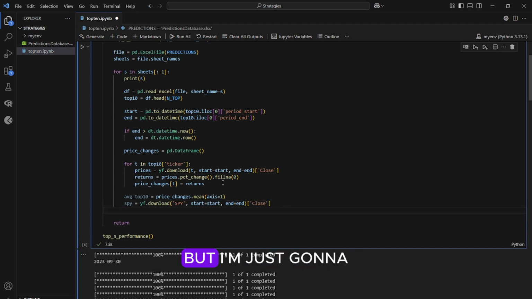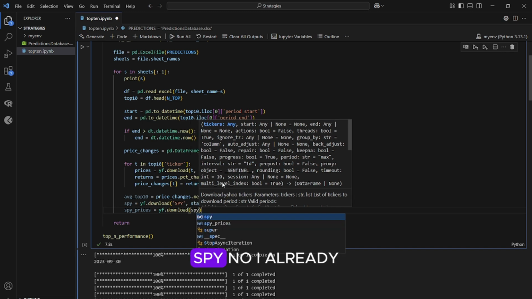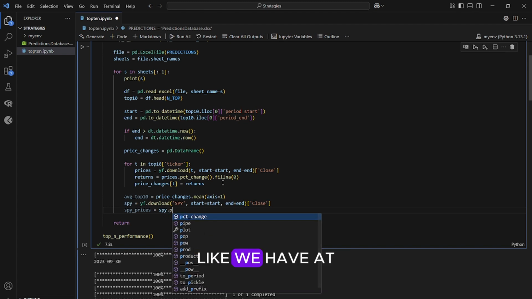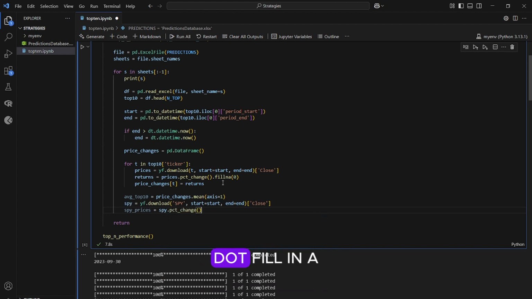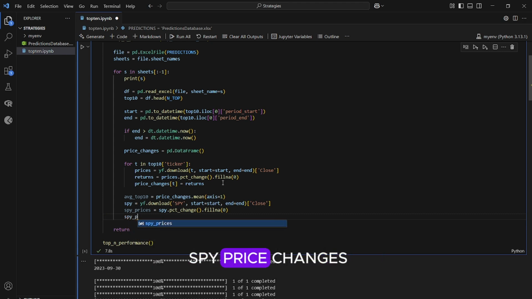I could almost copy this in, but I'm just going to do SPY prices equals yf.download SPY. No, I already have that. SPY prices equals SPY.percent change, like we have at the top there. Dot fill NA with a 0, and then price changes. Nope. SPY price changes. No, SPY returns